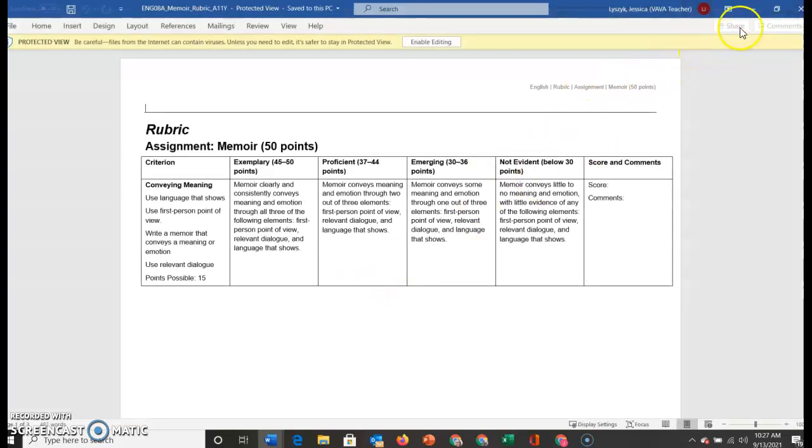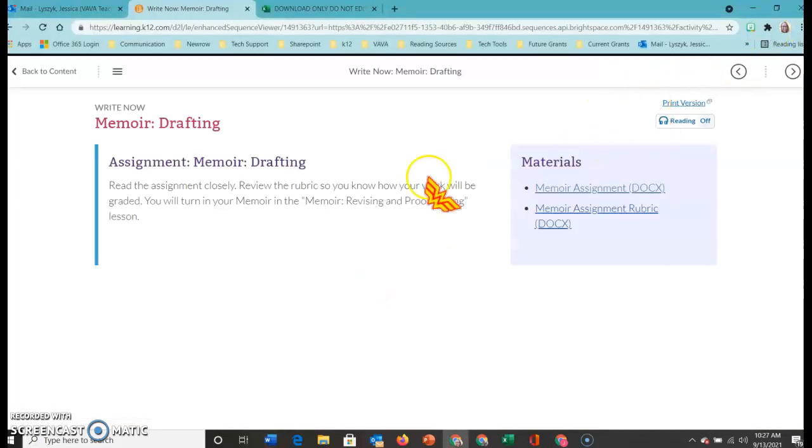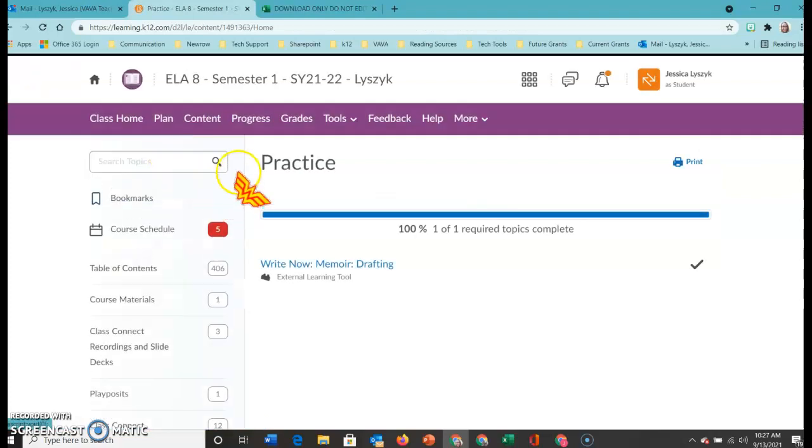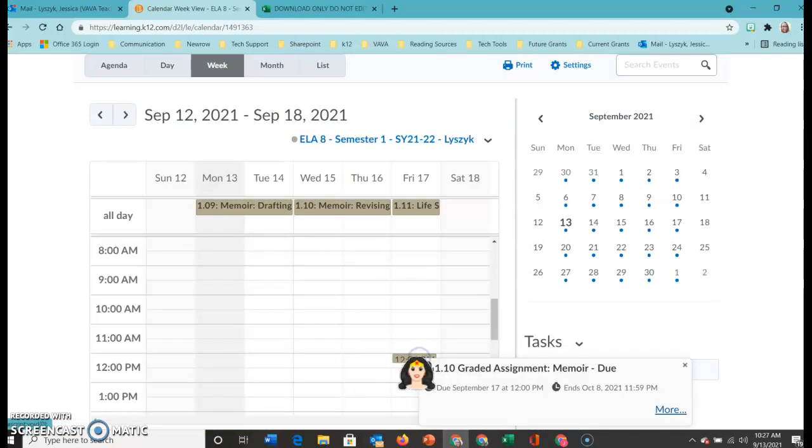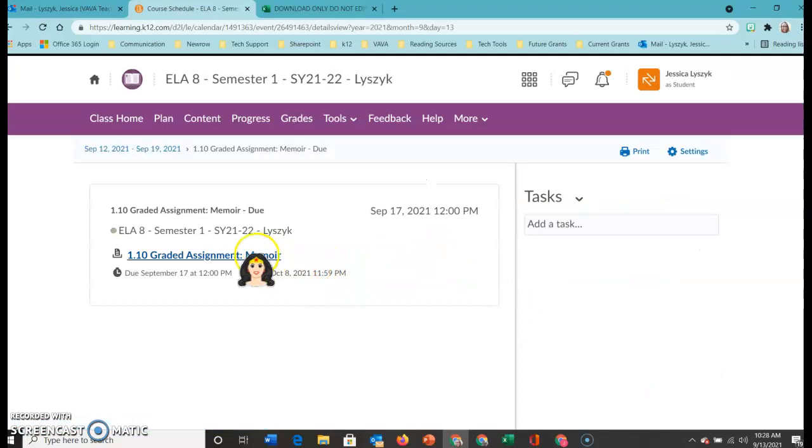So if it were me, I would spend Monday and Tuesday working on writing the assignment, Wednesday and Thursday working on editing and revising, and then on Friday morning, I would just do kind of a final once over, look it over, and submit it, which is why when you go to your plan for Friday, you'll see right here at noon, because that's the due date, you're going to click on 110 graded assignment memoir due, click on that more, click on the assignment,